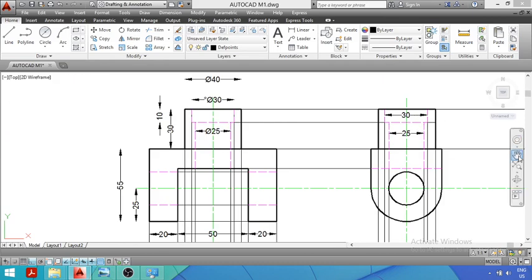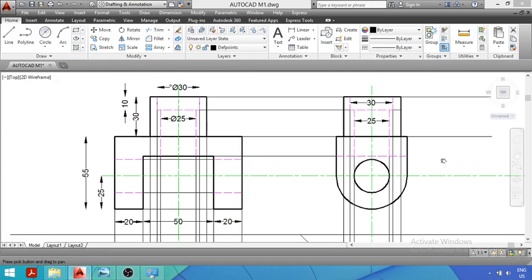So finally we have completed the left hand side view of the object. So the upper hole is of diameter 30 mm and height 10 mm, and the lower hole is of diameter 25 mm. The lower hole begins where the upper hole ends, and the ending of the lower hole is at this edge, that is the edge we have projected in the side view. So this is the completed left hand side view of the given object.